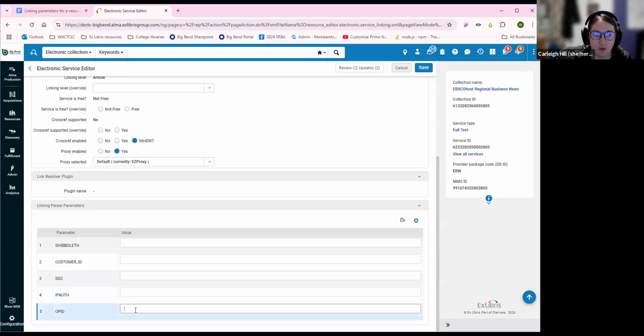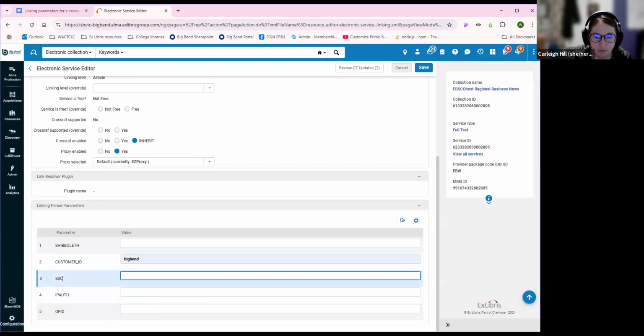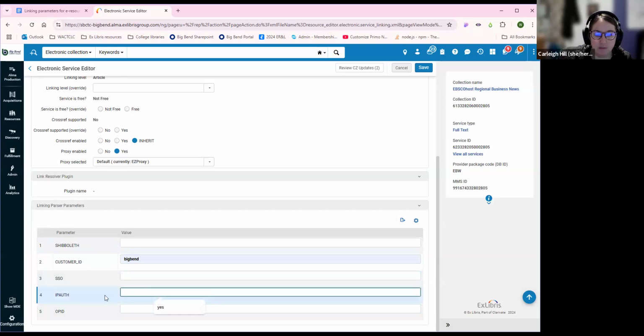And then you would put the OPID in here, you put your customer ID in here, and depending on it, so like South Puget Sound, because they have the SSO through EBSCO activated, they would put yes here. Most of the rest of us, if you look in your EBSCO admin portal, it will show that there are